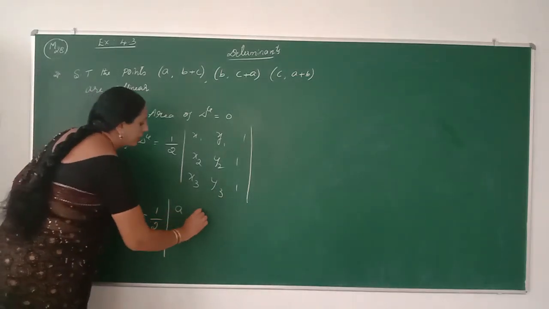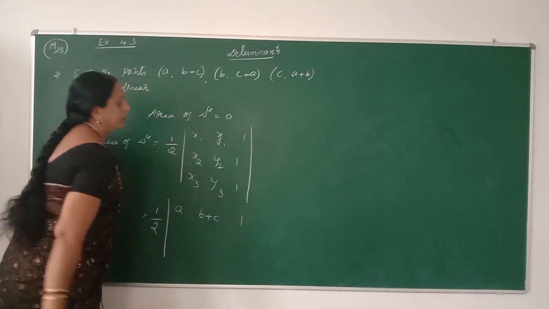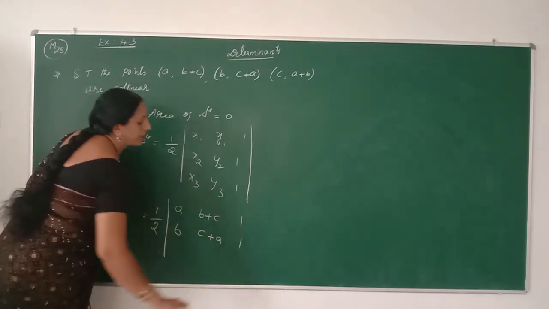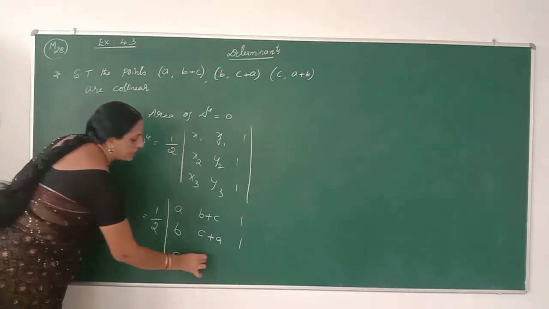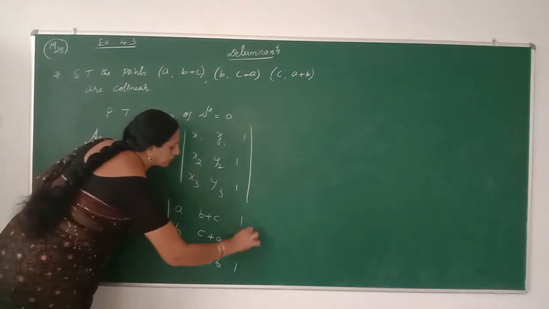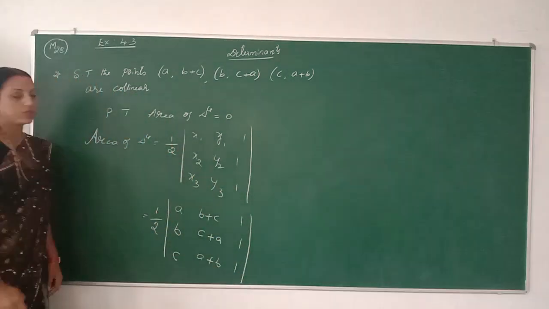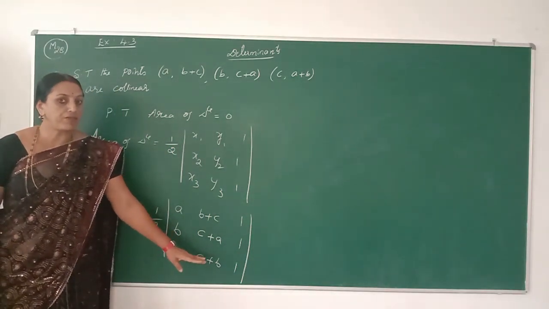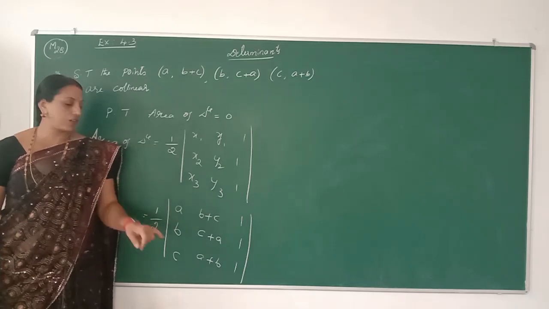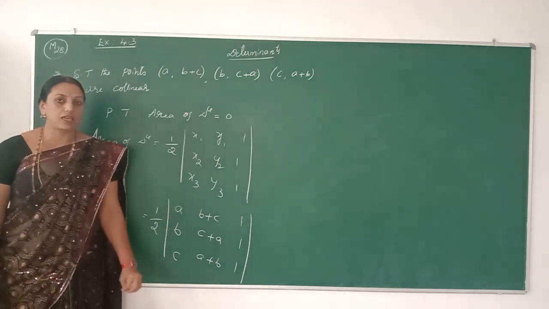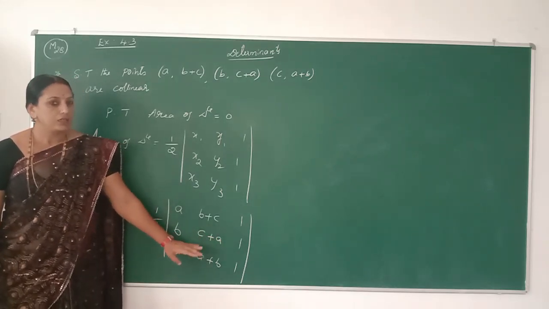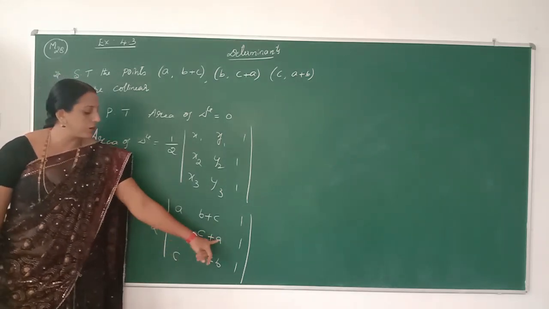So the first row is A, B plus C, 1. The second row is B, C plus A, 1. And in the third row, C, A plus B, 1. Now, to simplify, first it is possible to simplify by using the expansion form, plus minus plus. In the general form of expansion, we can now simplify. So, that is one of the forms of expansion.